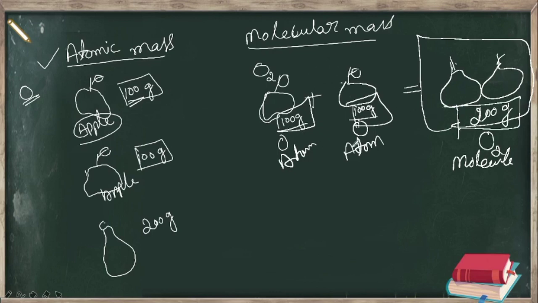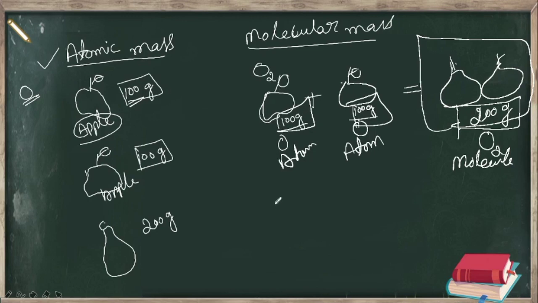So now I will recall once again. Molecular mass, or molecule, we'll just take it as molecule. What is a molecule? A molecule is made up of two or more elements, but here the molecule is made up of the same kind of element, that means oxygen, right? Now shall I take one more example?